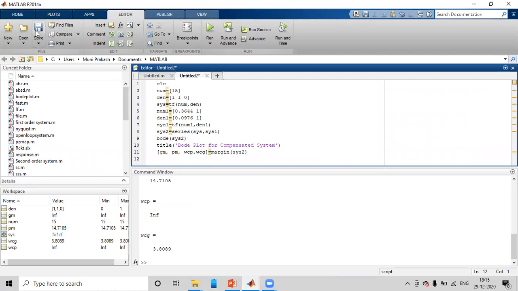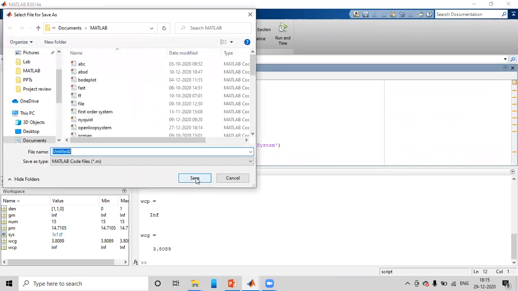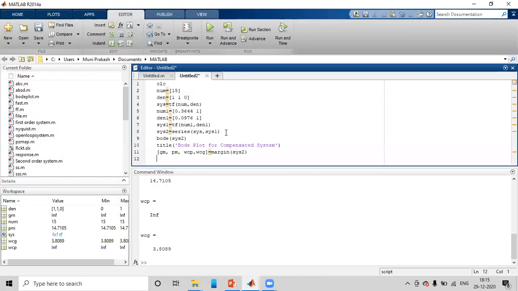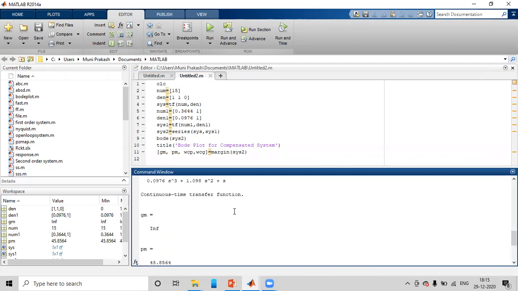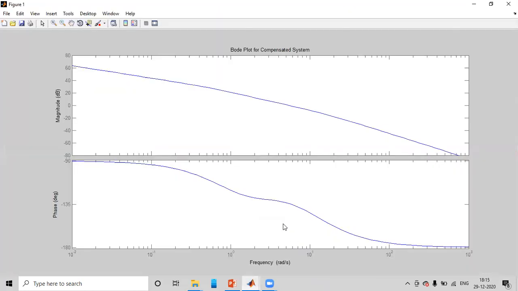We'll save it, let it be the same name. And now we'll run the program. All the transfer function data will come, each and every line, and we'll see the graph. Yeah, it came already.